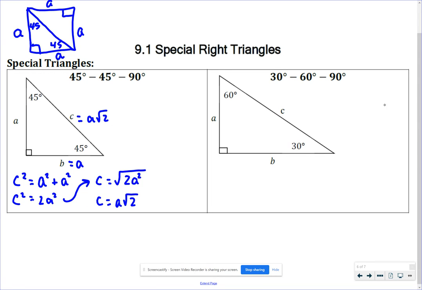The other type of special right triangle that we have is the 30, 60, 90. Now, what I want to look at there is if I took this 30, 60, 90 right triangle and I put another one just underneath it. So I have a 60 degree here, I have an A, I have a C, I have a B. It's a right angle. What I've created is an equilateral triangle,